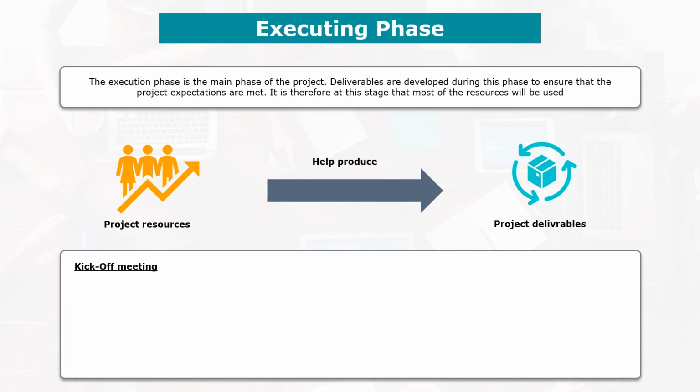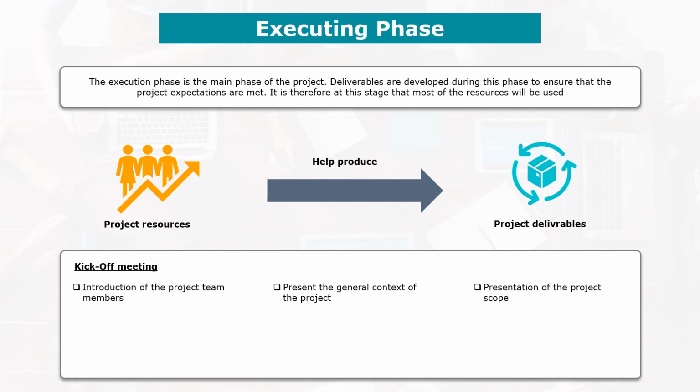So it may include the project team member introductions, determining exactly who's who and who does what in the project. It may include another slide talking about the context of the project to explain why this project was launched, what are the project goals and objectives and all of that. So during the meeting, we will also have to talk about the scope of the project. That is to say, what exactly are we going to do in the project? What type of work does the project involve, for example?